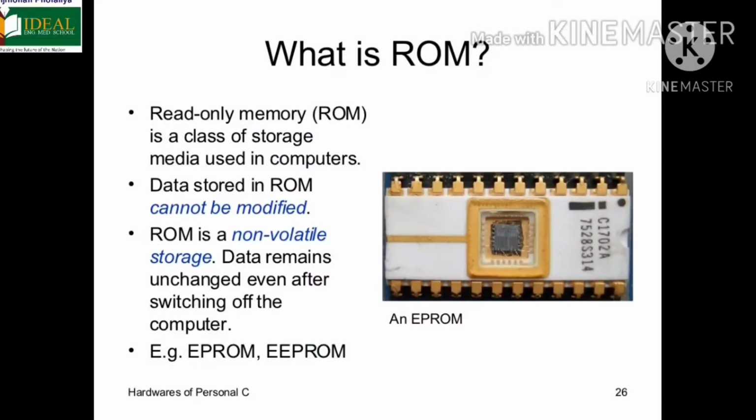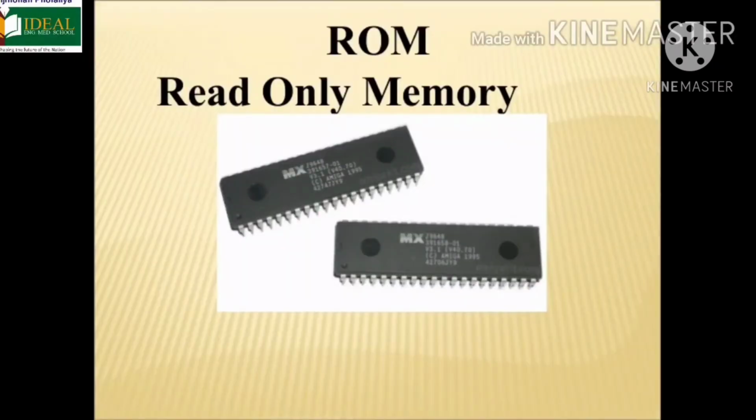ROM. The long form of ROM is read only memory. All the programs and the software that help to run a computer are stored in ROM. Information stored in the ROM can only be read. It cannot be changed, and it is not lost even when you switch off the computer. Hence, the ROM of the computer is a permanent memory or a non-volatile memory.